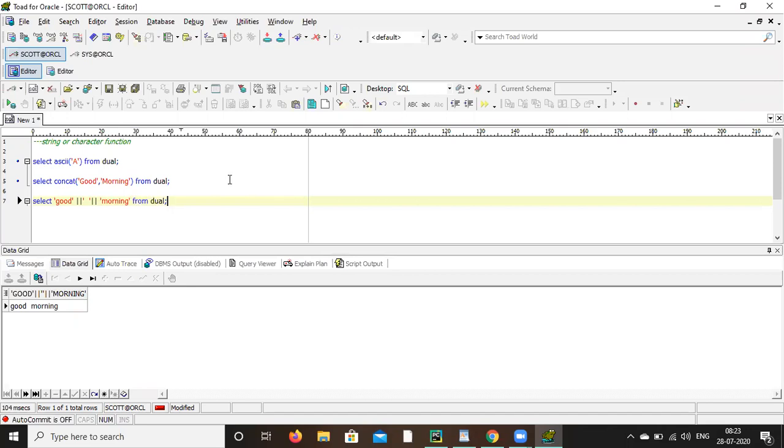Now select INITCAP, within bracket, within single quote, give some name, all in small letters.